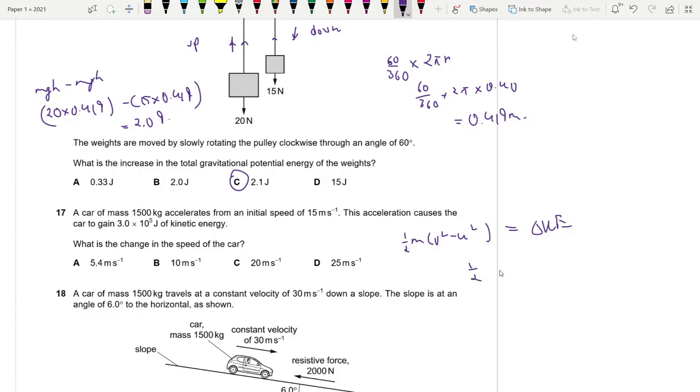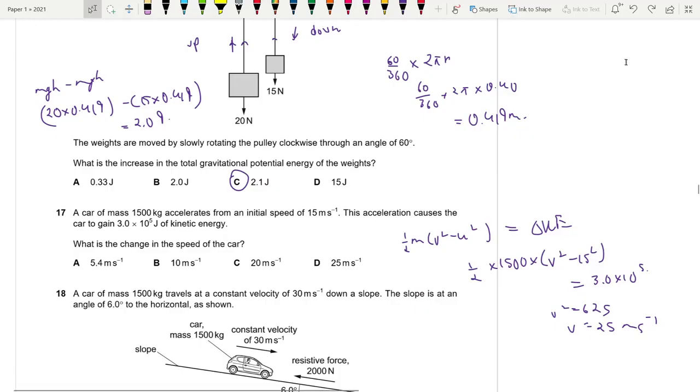So half into mass 1500 into (v squared minus 15 squared) is equal to 3.0 into 10 to the power 5. 3 into 10 to the power 5 into 2 by 1500 plus 15 squared, square root over answer. I'm getting v squared equals 625 and v is equal to 25 meters per